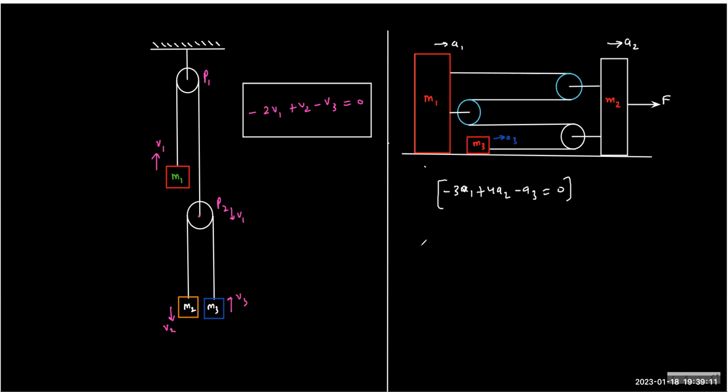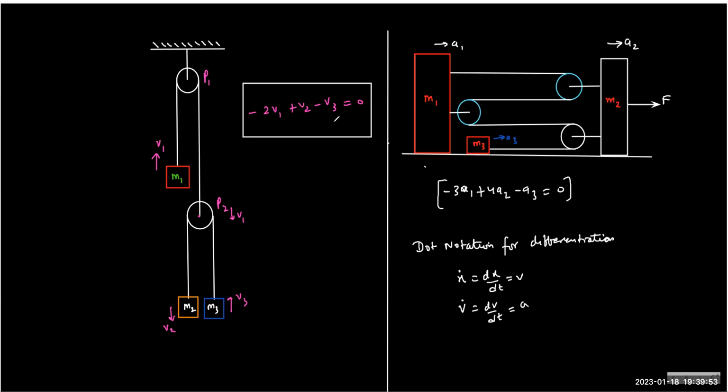Now I'll tell you the dot notation for differentiation. When you differentiate something with respect to time, in engineering the notation we use is a dot. So x dot means dx by dt. It's convenient. V dot means dv by dt. So basically x dot is v and v dot is a.